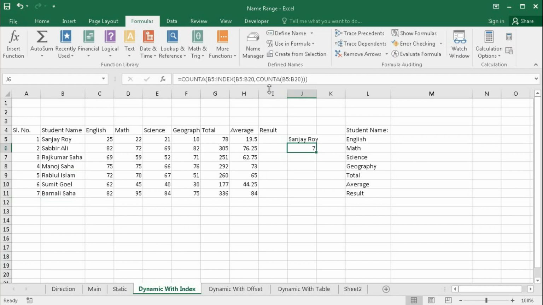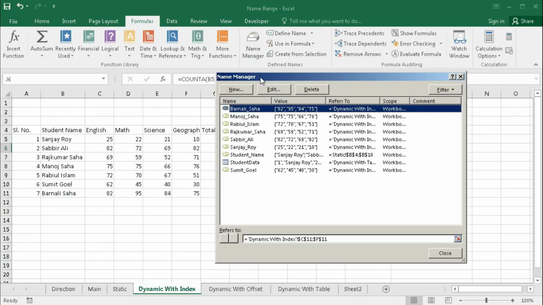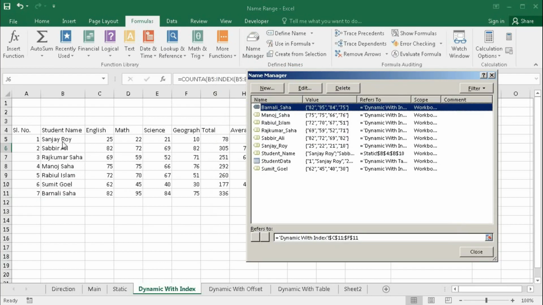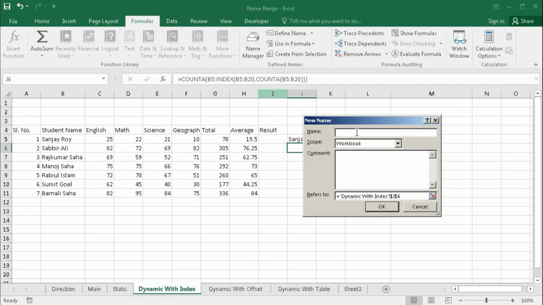In the name manager, we will create a range for student name, then English. So new, type here student name dynamic. Here equal to this cell colon, delete this second reference, then INDEX, bracket open, then we have to put an array within which we want to create our dynamic range.